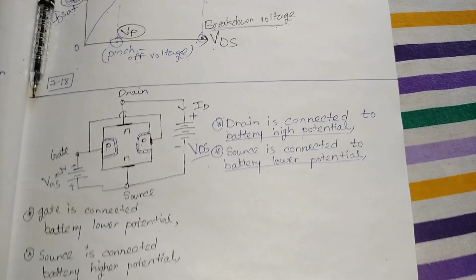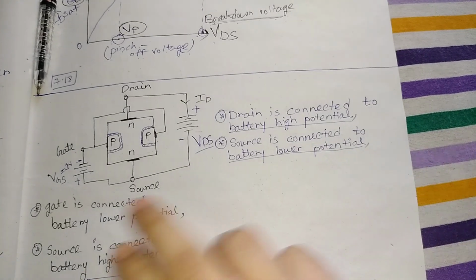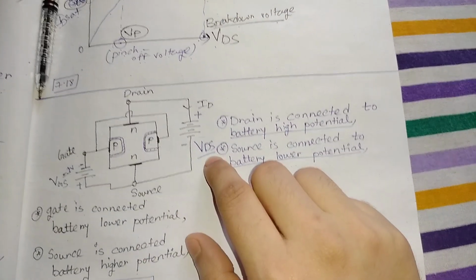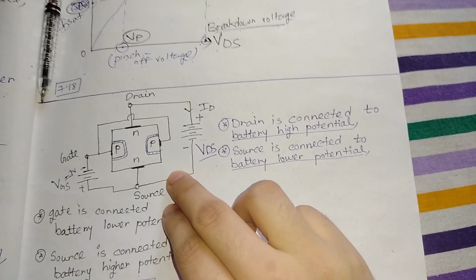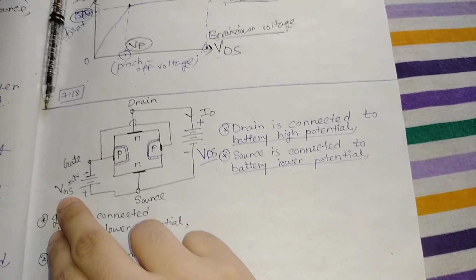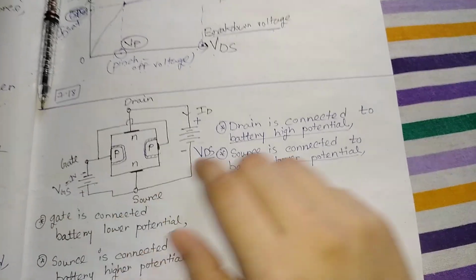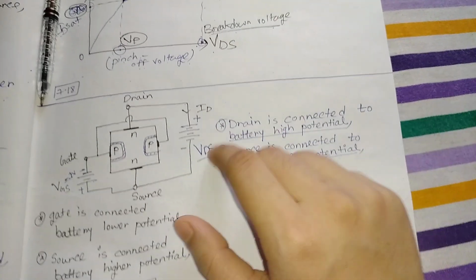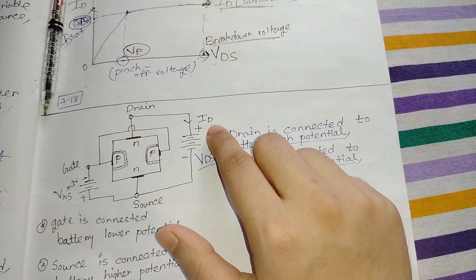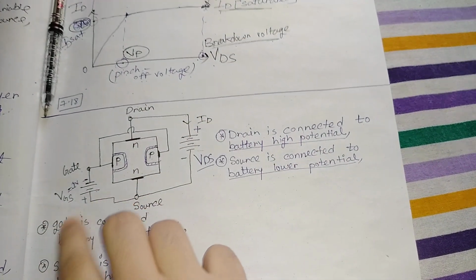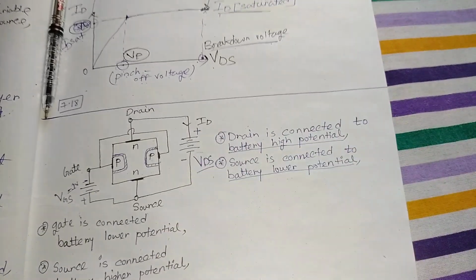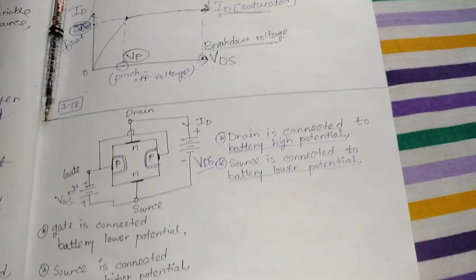So today in this class I will discuss what the output will be when we apply VGS in this circuit, and the working principle of JFET. In the previous video I discussed that with VGS equal to 0 and only VDS applied, ID flows, but at a certain voltage of VDS, ID gets saturated. In this session we apply VGS and see what happens to the output and to the values of VDS and ID.